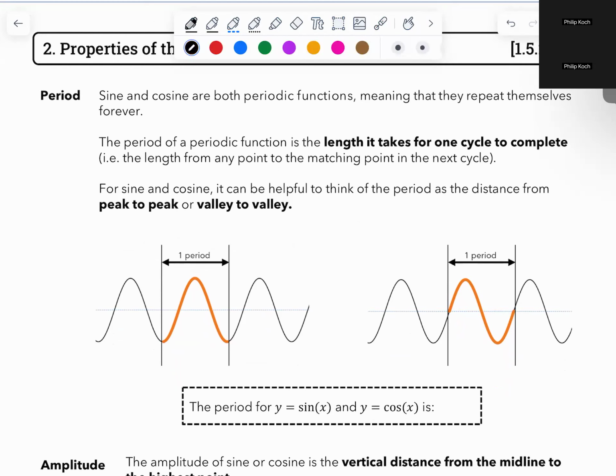One thing that threw me off as a student is that it looks like it's the same point, so shouldn't this be a period too? But it's not, because it's not the same spot. Notice that at this spot you're going up, but here you're going down. So the period would actually be a little bit past that. It would be right here. That's one period, because it's where it starts doing the exact same process. Does that make sense? It's not enough to be the same point. It's where it starts over again.